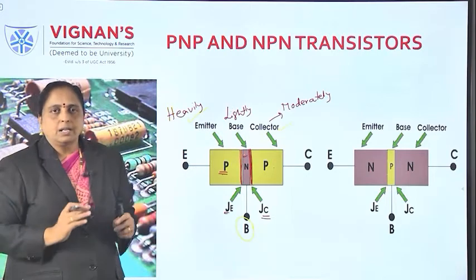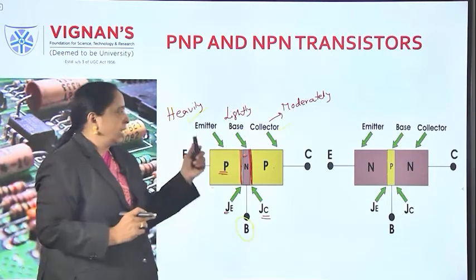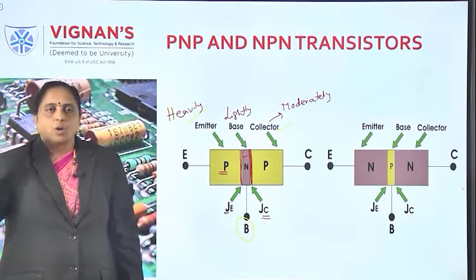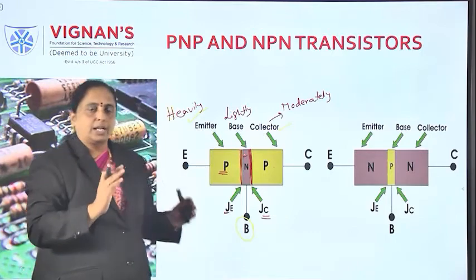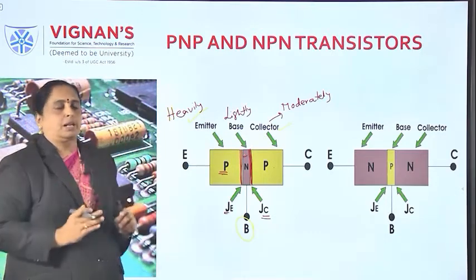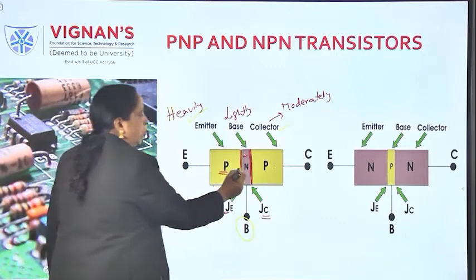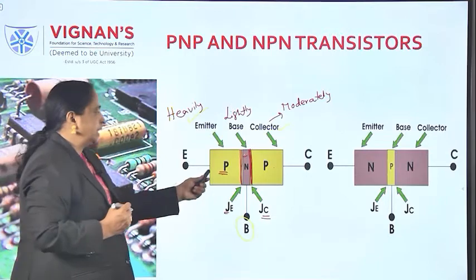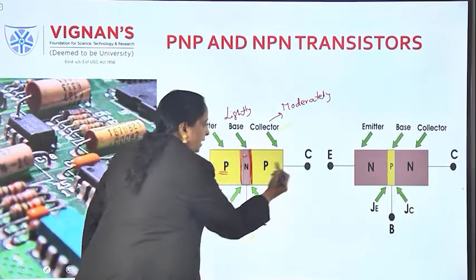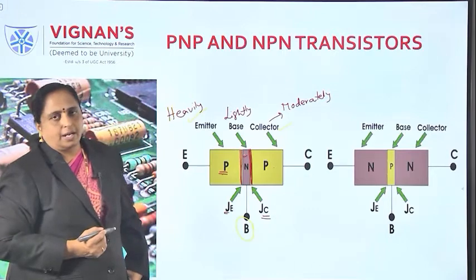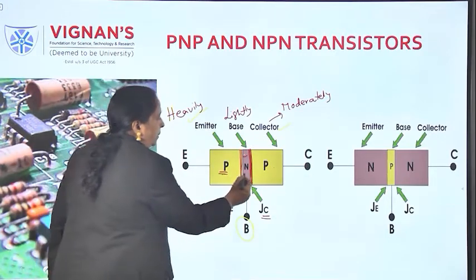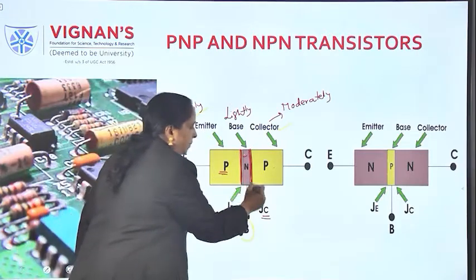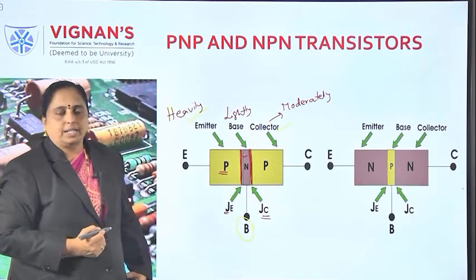Therefore, constructionally, a PNP transistor consists of emitter, base, collector as terminals, instead of anode and cathode, what we discussed previously for the diode. Here you are creating one extra terminal, extra material, that is N sandwiched between two P materials. This is emitter, the middle portion is the base, and the right side P material is known as the collector. Between emitter and base, there is a junction known as emitter junction, and between collector and base, the junction is known as collector junction.